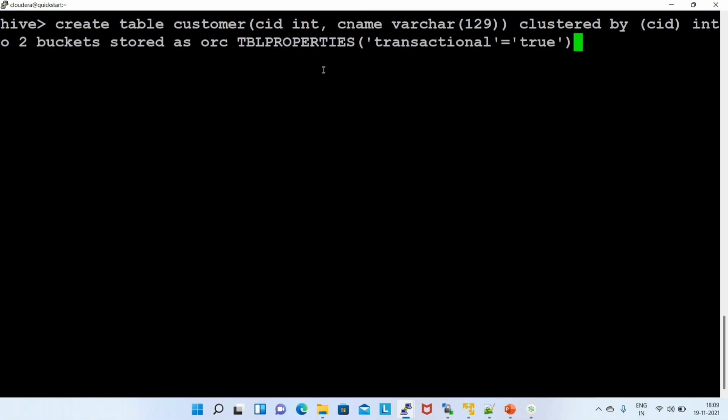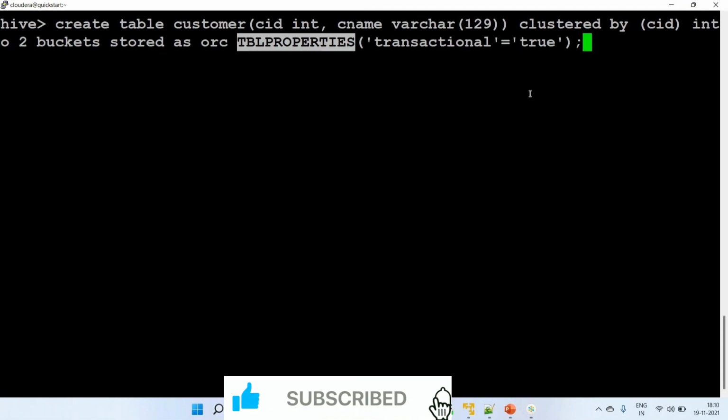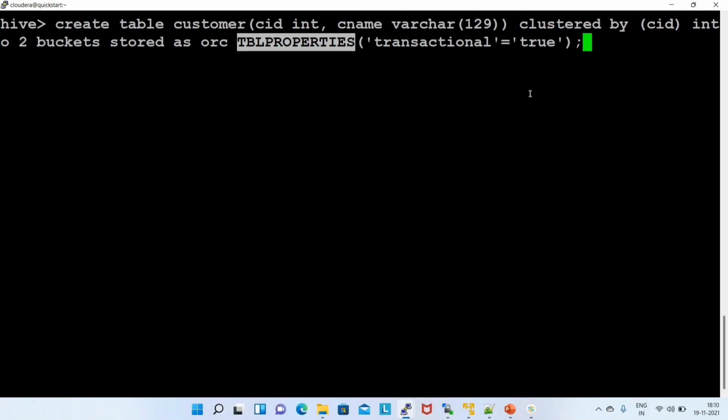This is a built-in function, TBL properties. Transactional equals to true means it will allow us to execute update and delete queries. Now the table is created, so we'll insert data.